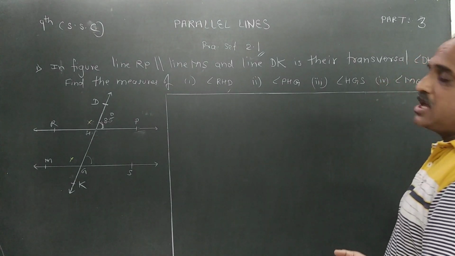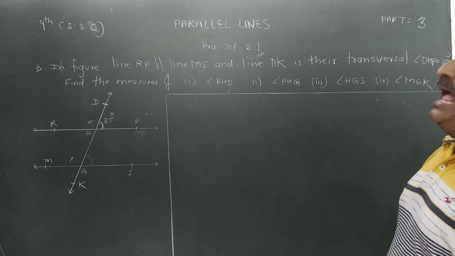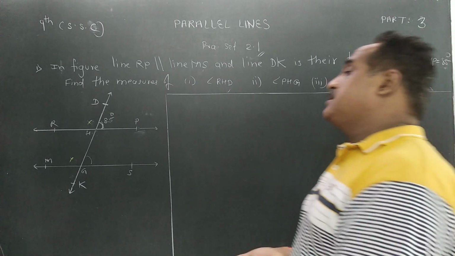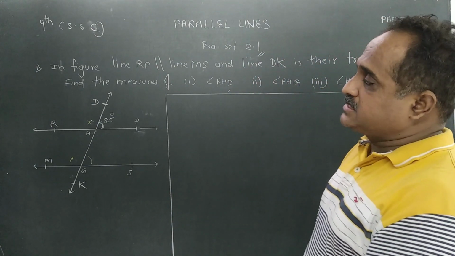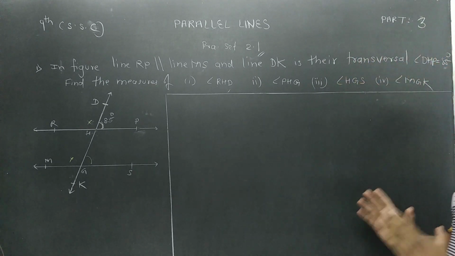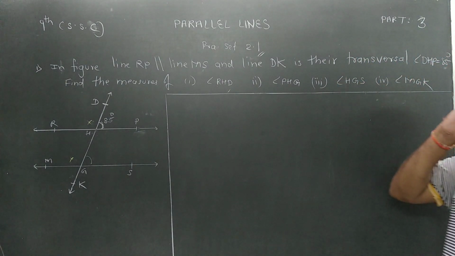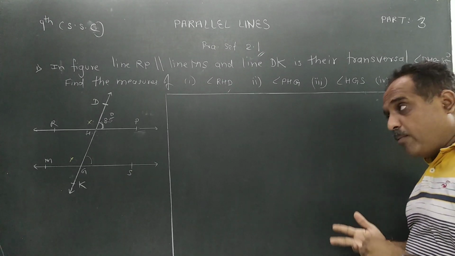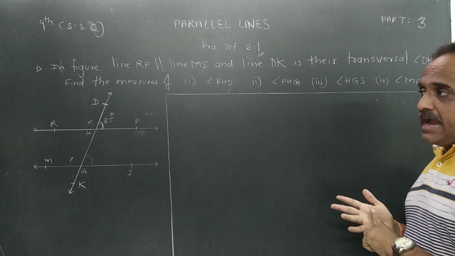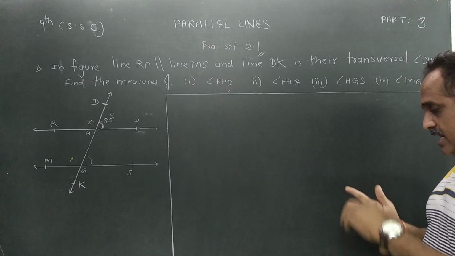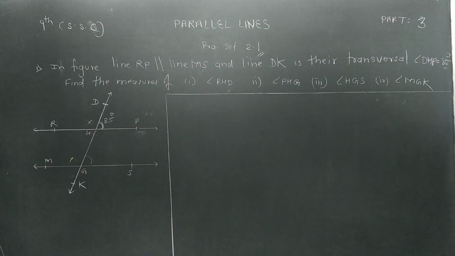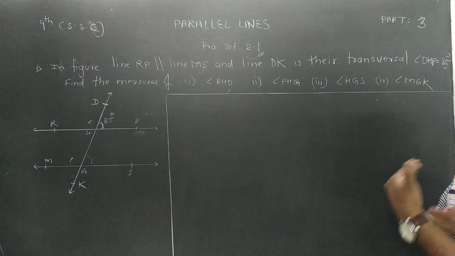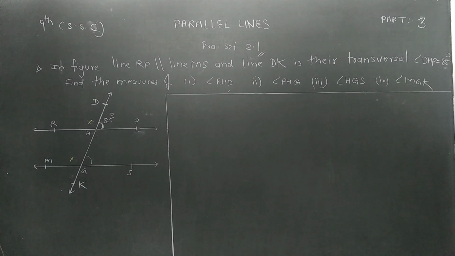देखो, corresponding angles of parallel lines are congruent, alternate angles of parallel lines are congruent, and interior angles of parallel lines are supplementary. तो corresponding angles congruent होते हैं parallel lines के, alternate angles congruent होते हैं, और interior angles are supplementary. ये तीन चीजें प्लीज दिमाग में रखो. Vertically opposite angles congruent, angles forming linear pairs are supplementary. ये पूरा दिमाग में बैठा के then you start the question, then कुछ भी डाउट नहीं रहेगा. खाली हमें देखना किस तरह से लिखना है, ज्योमेट्री के रिप्रेजेंटेशन कैसा होना चाहिए.